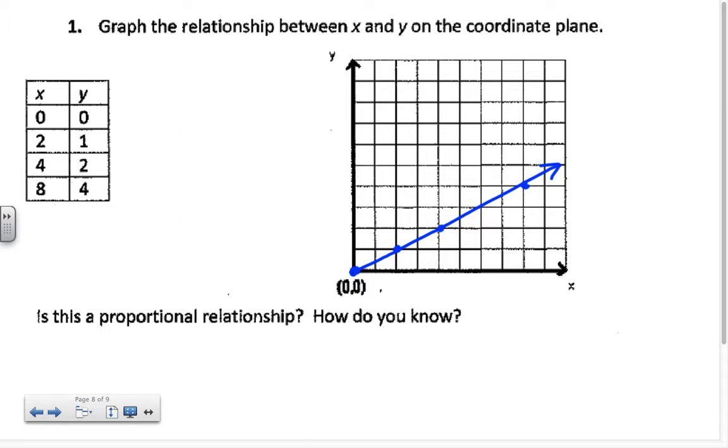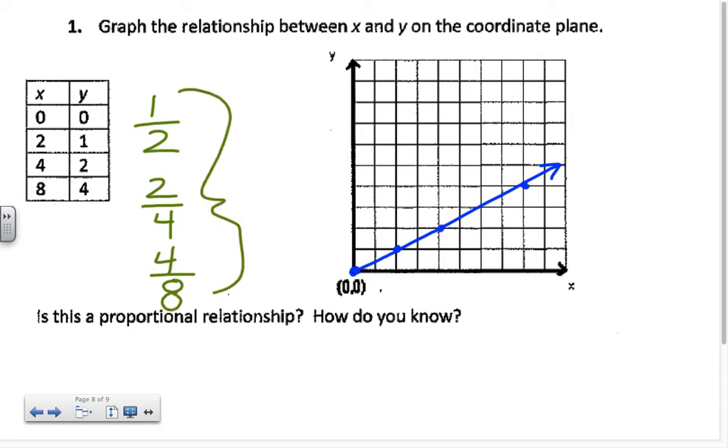Sam? Well, so the first ratio is 1 to 2. And then the second ratio is 2 to 4. And then what's the third one? 4 to 8. What do you notice about all those ratios? What are they all equal to? 1/2. So if these are all common ratios, which means that this table is proportional, which means